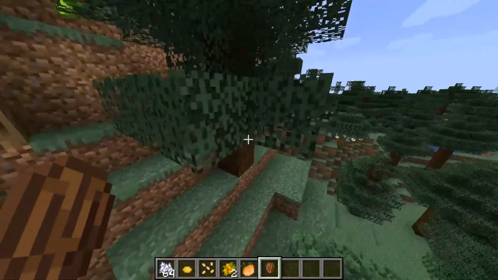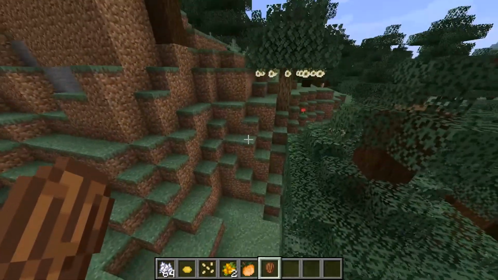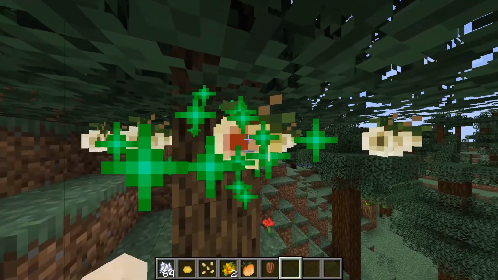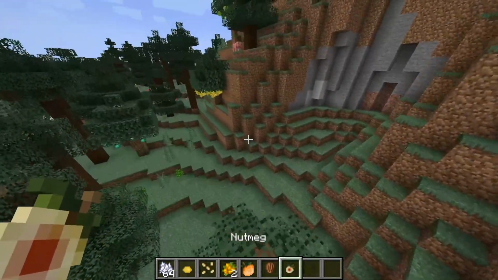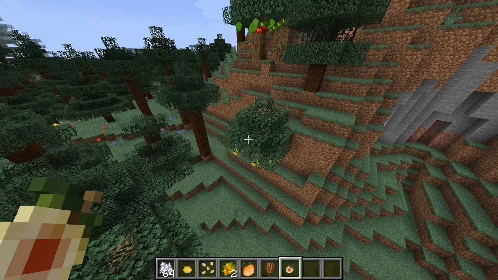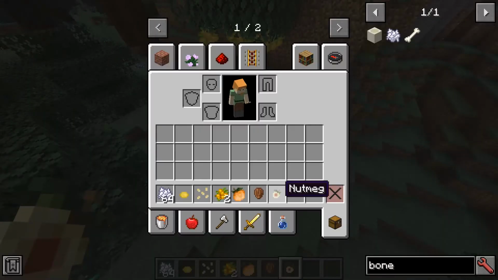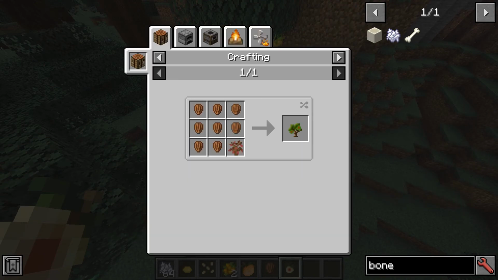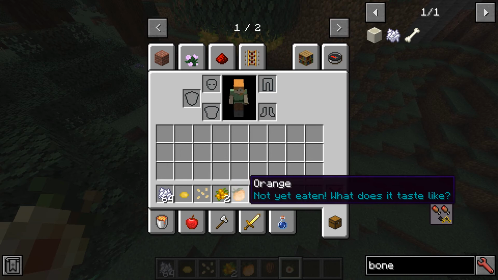There we've got an almond. That's certainly a cold one. The nutmeg as well, I believe, is also quite a cold one. This is nutmeg, isn't it? Yep. So we've got nutmeg, almond, orange. Let's have a look at the uses for some of these things. It looks like at this point, most of this stuff is just for...